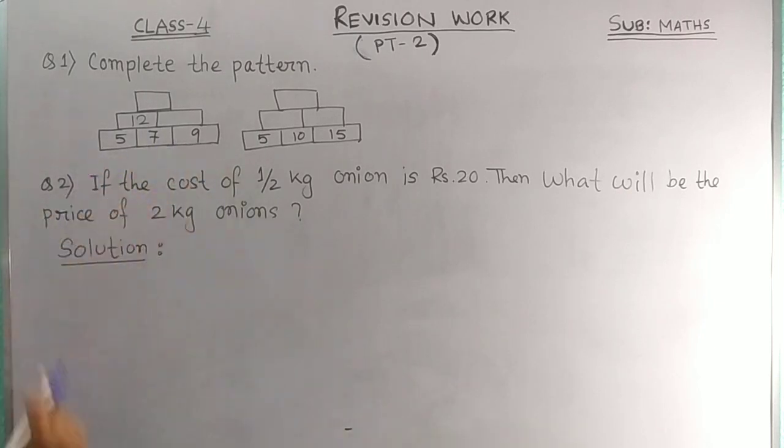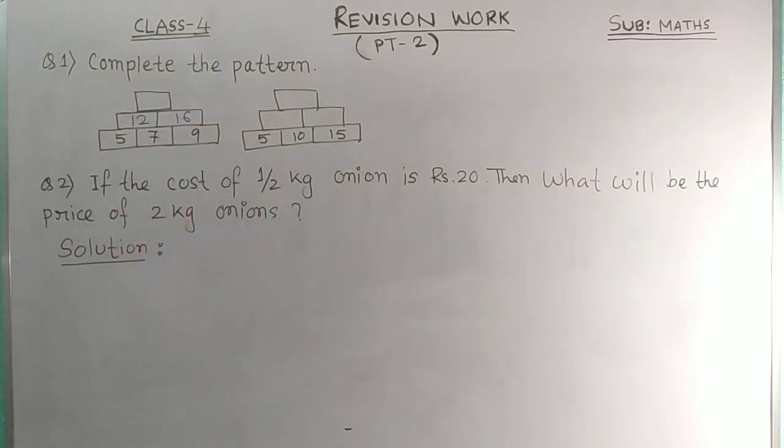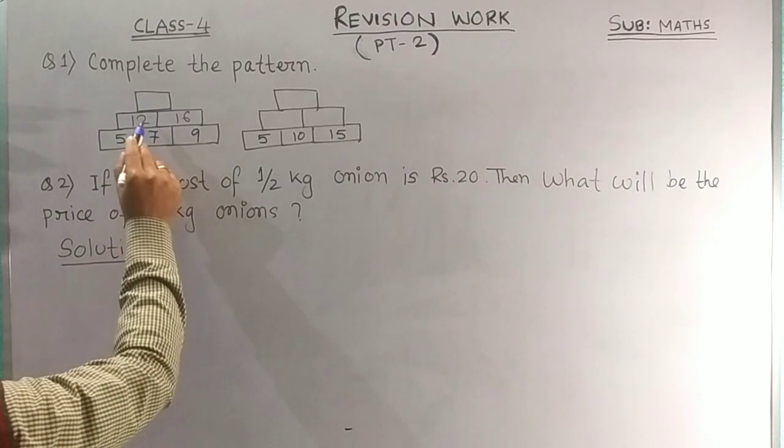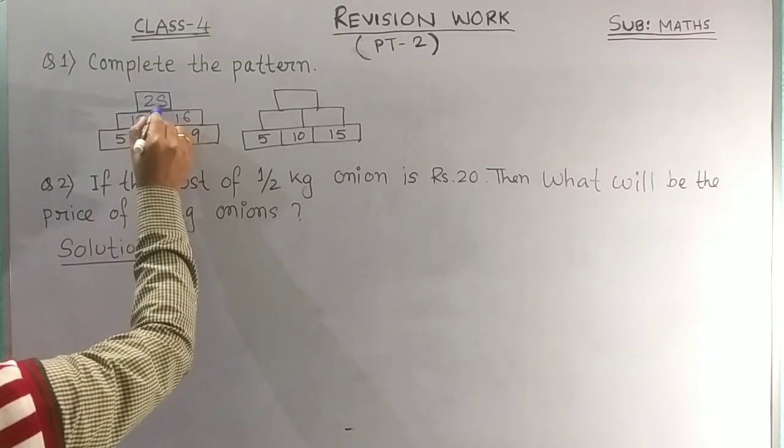Then the 7 and 9. 7 and 9 it is 16. After it is like that a pyramid type. It is like that a pyramid pattern. Then after that we have to add this one and this one. So it is very easy. We know that it is 28.